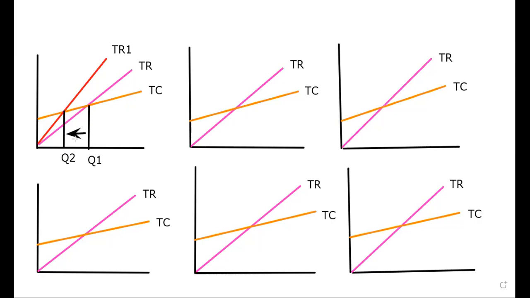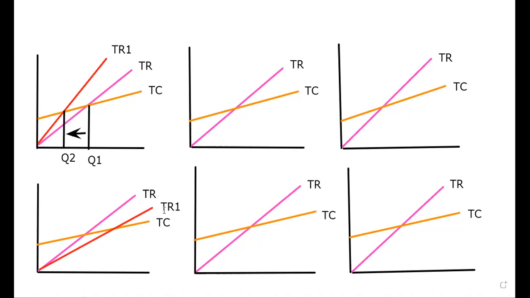So now I'm drawing the second scenario. What happens when the total revenue decreases, when the selling price decreases? We reduce the selling price. Sometimes the government can reduce the selling price, or in a situation like deflation, the total revenue curve will be flatter. Then we can draw the new total revenue curve. I'm drawing the second one here, down. I can draw another flatter line and name this curve TR2. This is the red color line.